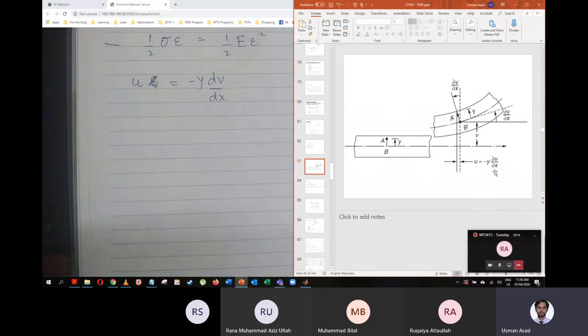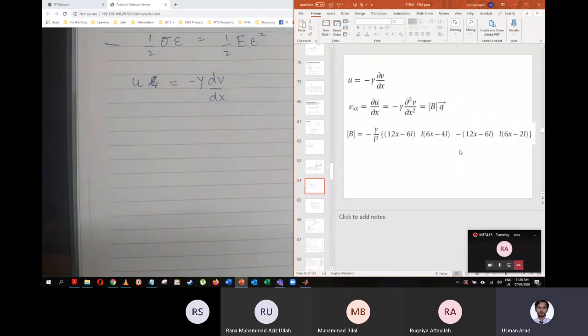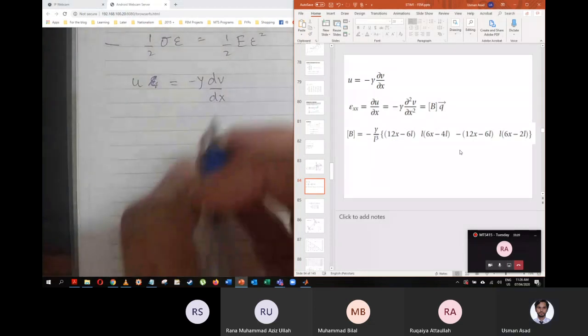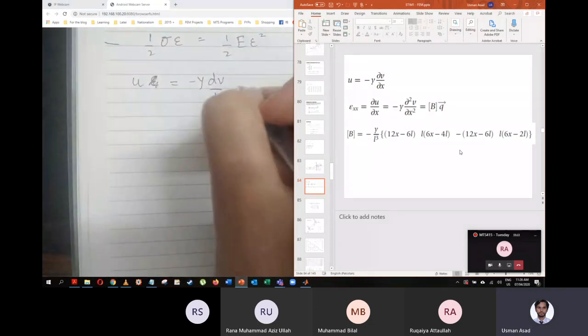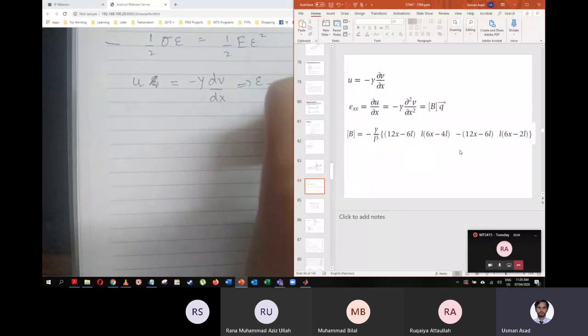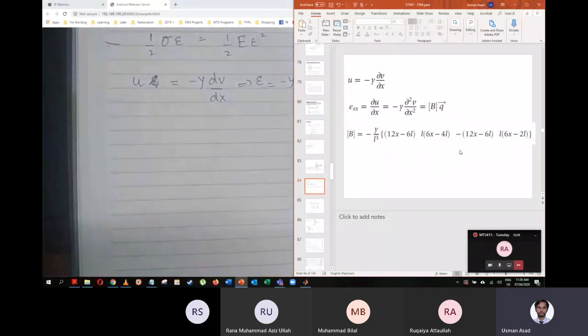U is equal to this thing, and then जो epsilon है, that's going to be equal to minus y times उसके बाद double derivative of this v with respect to x. राइट। सो ये रिजल्ट हमारे पास बीम्स से आया था, बीम्स के बारे में जो हमने जनरली देखा था उससे आया था।